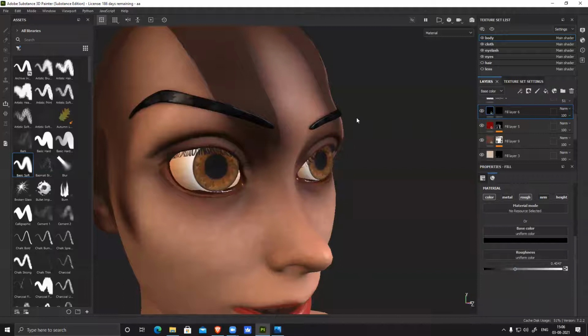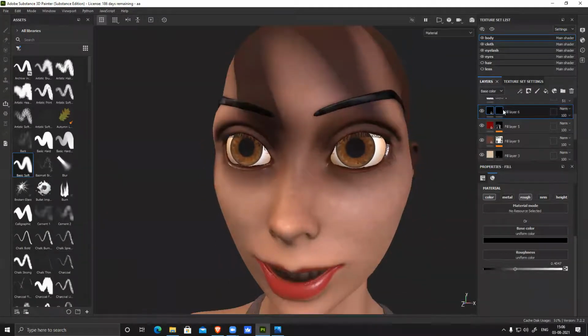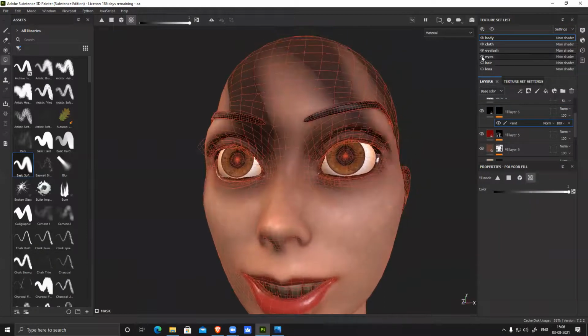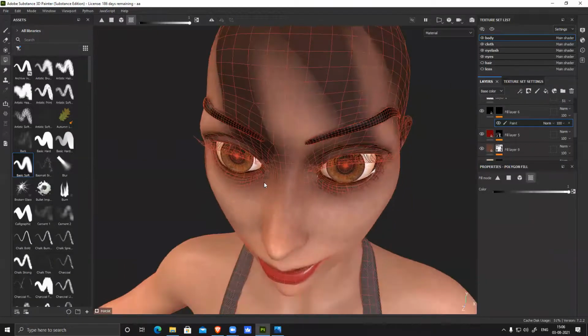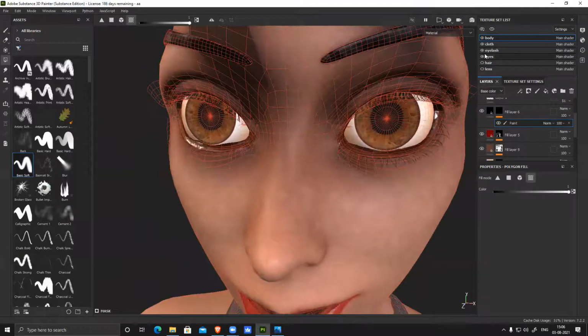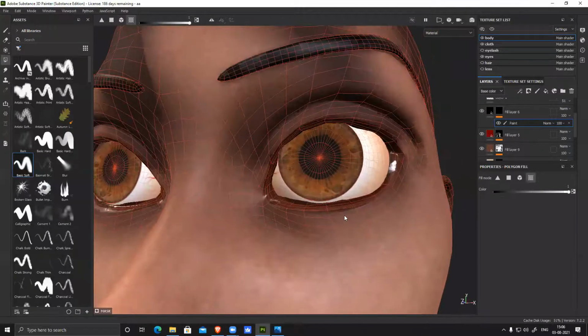And I can see these two are overlapped, so the same shadow is generated. That is something I can manually fix. Paint. Oh, eyelashes are there. Why is it not visible here? Paint and brush.